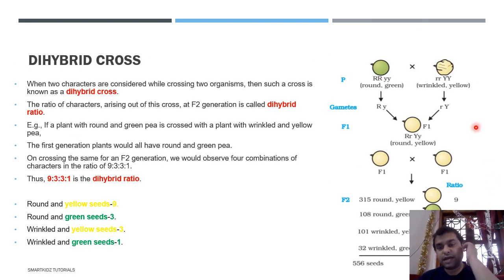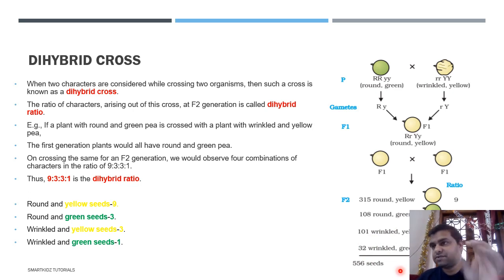So then what is the dihybrid cross? I just discussed over here that we find it in the ratio of 9 is to 3 is to 3 is to 1, and that here this actually shows you how many he experimented with. He got 315 round and yellow, 108 round and green, 101 wrinkled and yellow, and 32 wrinkled and green. So he worked with a total of 556 seeds,